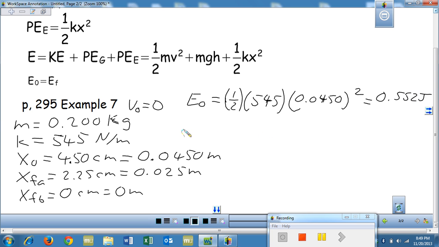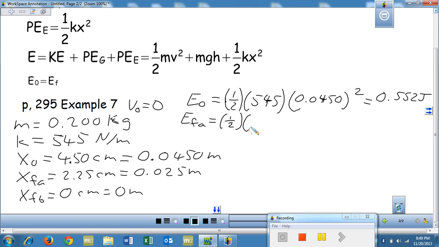Now we got two cases. Let's calculate our final energy under A. Okay, so E final A. Now it's moving, so it has kinetic energy. We're assuming because we've let go of it, right? And it's gone from 4.5 centimeters down to 2.2 centimeters, so it's springing back in towards itself. So we've got the kinetic energy, 1/2 mv squared,